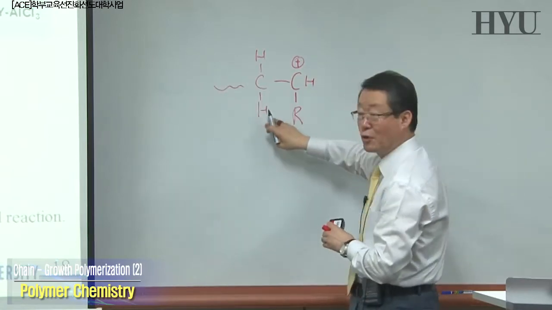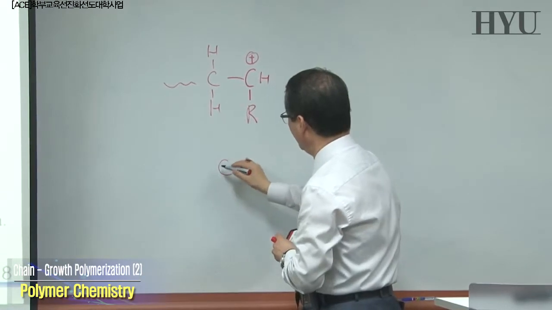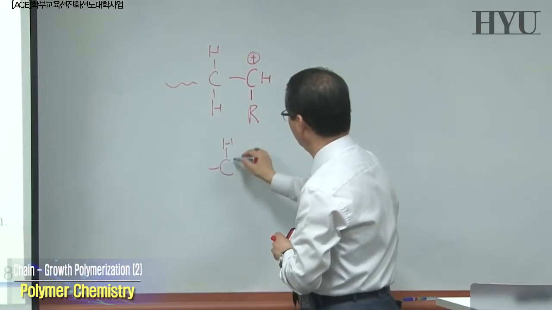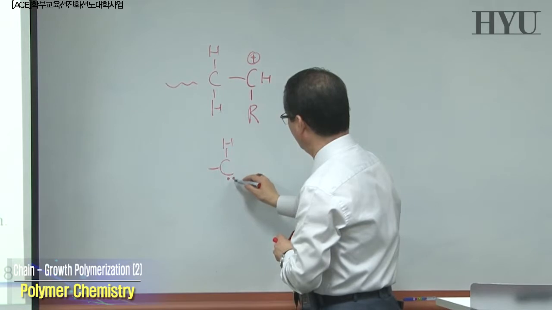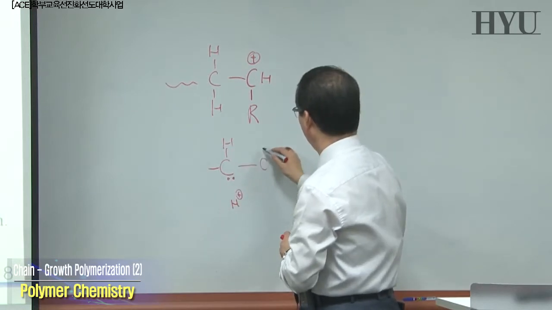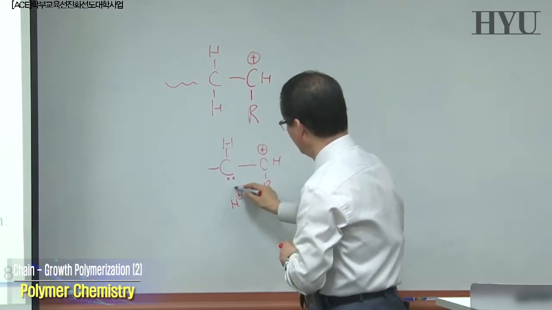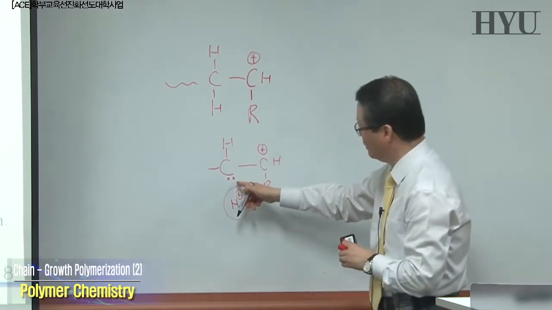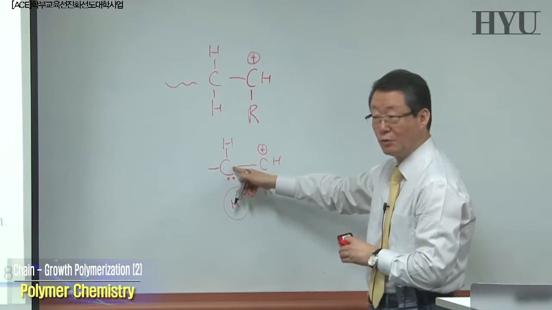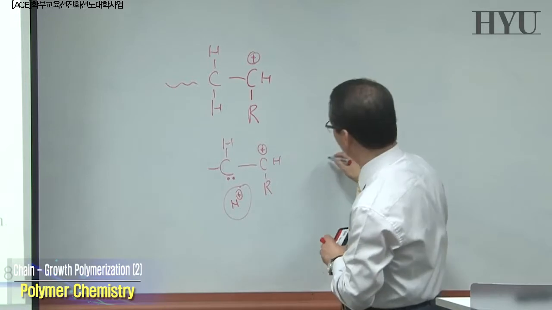So if I have a proton release from this beta carbon, the proton will be released, leaving the electrons in the second carbon, and it will be moved to X